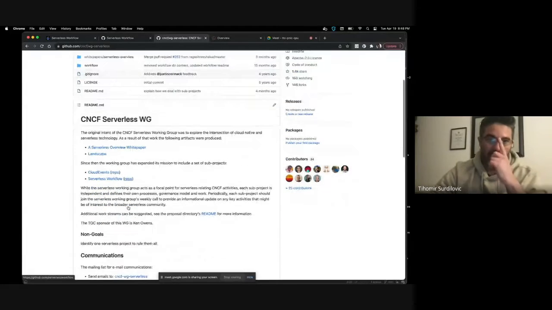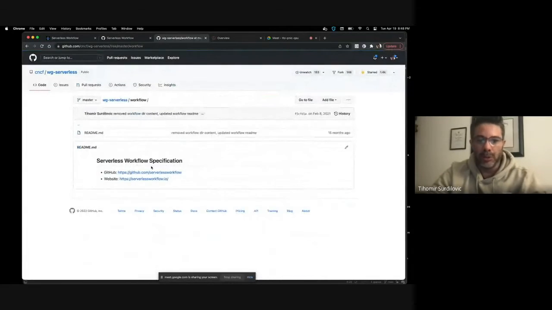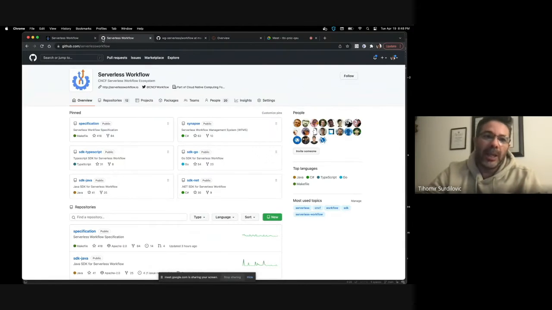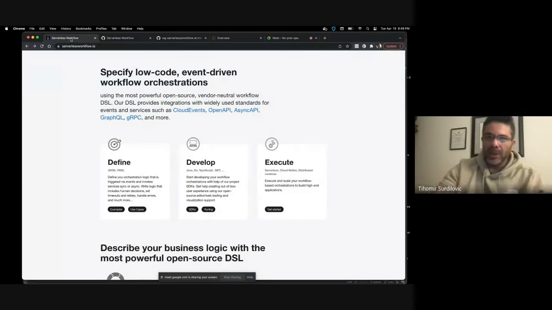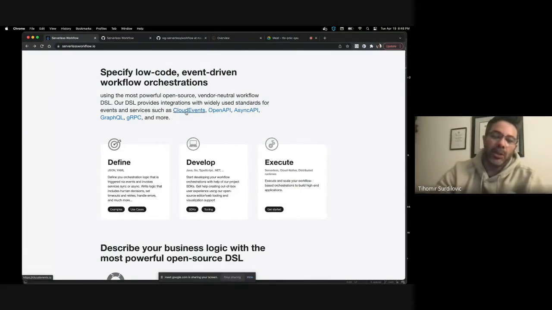And this is the website. And now we have our own GitHub, but as you can see, the project itself was born from the CNCF Serverless Working Group. This is the same working group that actually created the CloudEvents specification, and I think probably everybody's familiar with that now. So right out of the bat, that type of tight integration with CloudEvents, as you will see,